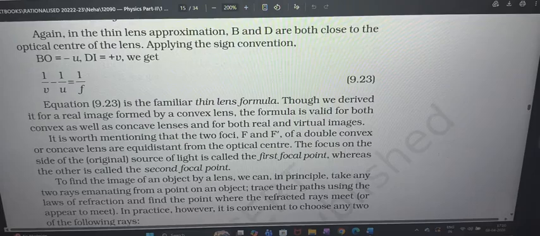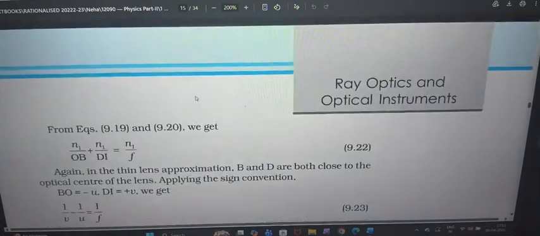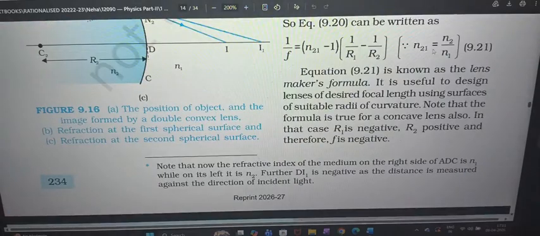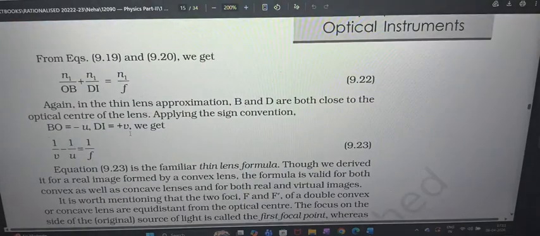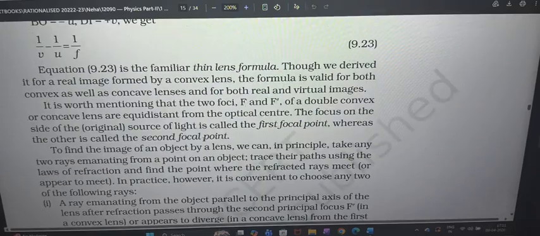So we have derived it for the real image by convex lens, and the formula will be valid for the convex lens as well as the concave lens for real or virtual image. Whatever image it is forming, whatever lens it is, this will be valid. Only for this scenario you are changing minus 1 by f, and here you are interchanging in case of concave lens. But here it can be applicable for everything. Only keep in mind, for concave lens, again if they are giving focal length, you have to consider it as negative and see where the object, where the images are placed and what is their distance. Always remember the sign convention.